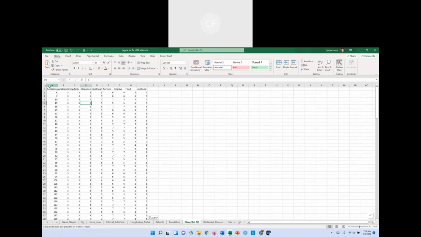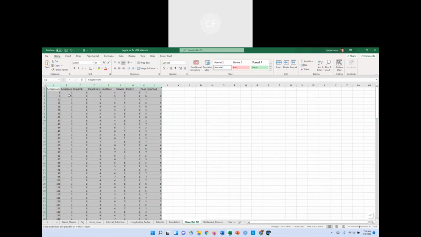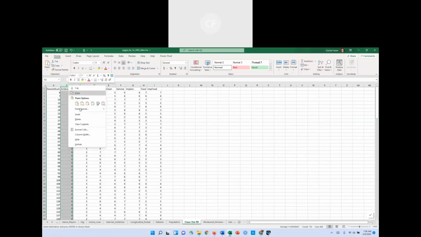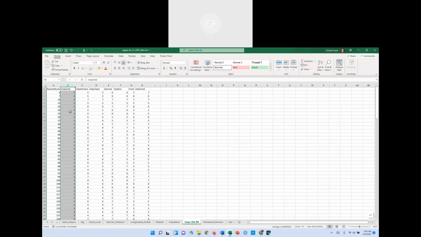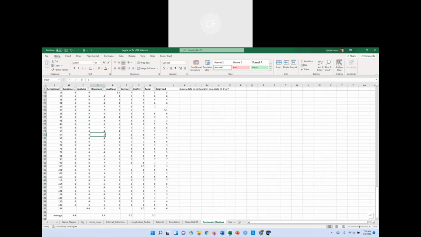What I did want to tell you though is let's make these columns fit the titles of what they are. We have these dirty columns. Ambiance, for example, was one. And if you notice, the formulas are gone. So now when I delete this entire column, it's not going to mess up anything over here in the imputed ambiance. If I had done that while the formula was in there, so let me go back up here and